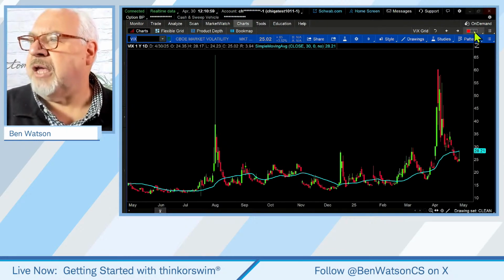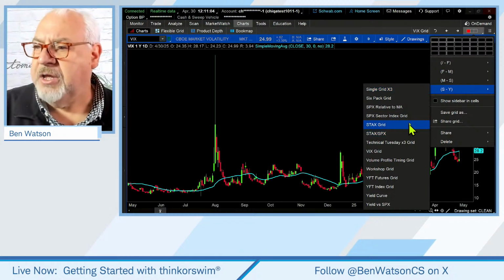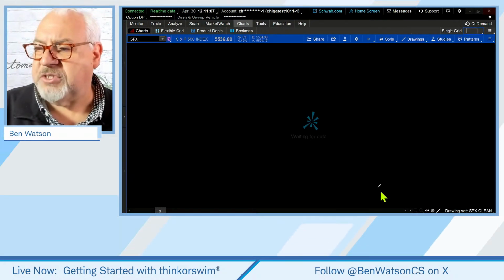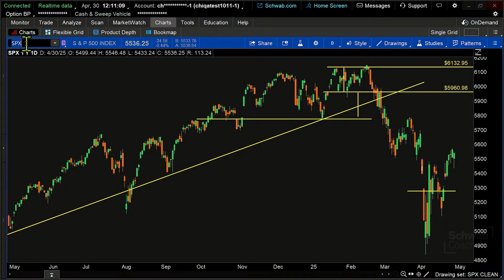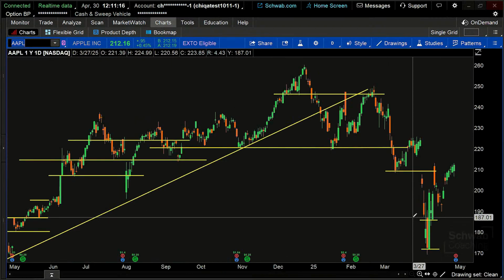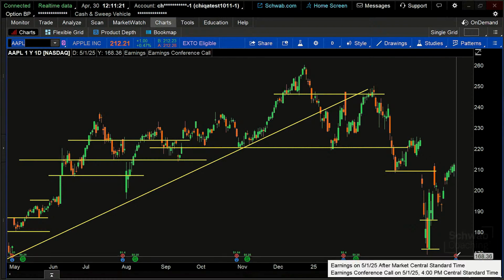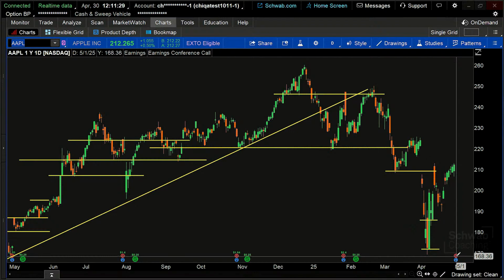So let's say we were looking at the chart of an individual stock. So I'm going to come down here and grab my single grid. So we're just going to look at an individual stock. I'm going to bring up an individual stock that some of you might be familiar with, and that is Apple, AAPL. And you can see that Apple has largely been echoing what the S&P 500 is doing. One of the things that we notice is that Apple has an earnings announcement. Guess when? Tomorrow. So the reason I'm bringing this one up is because I know something particularly happens to implied volatility or volatility as we get into an earnings announcement.